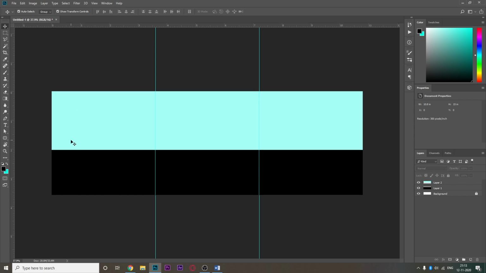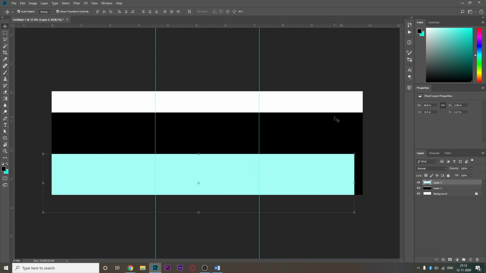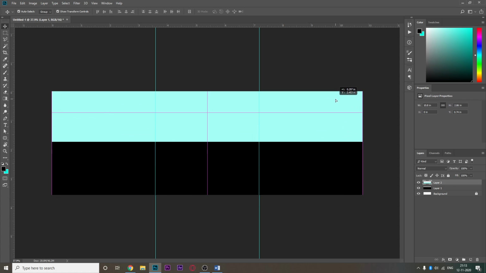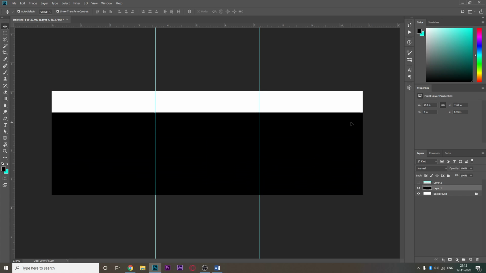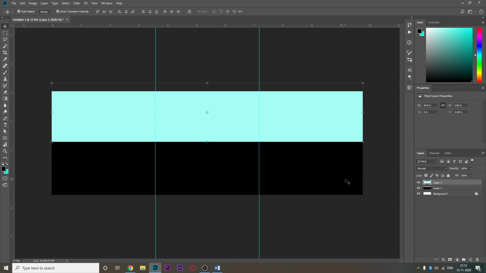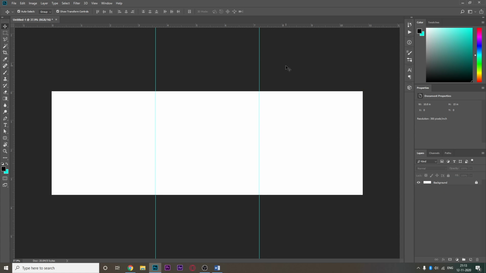Now if I try to select layer one, even though layer one is here, I can't select it because it's being hidden by this layer, layer two. So I have to select layer one from here, or else I can close this and then select it from here. Got it? So this is how the entire layer works. I just press delete to delete the layers.